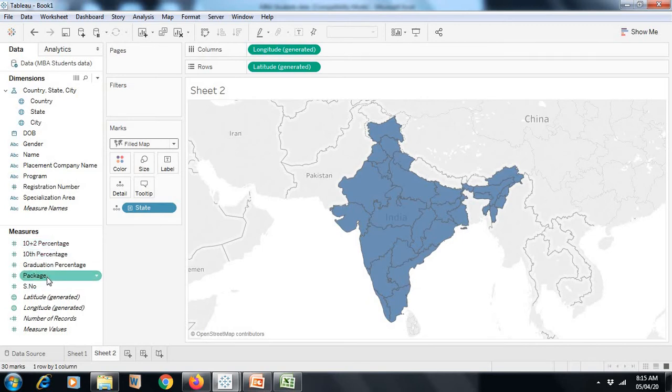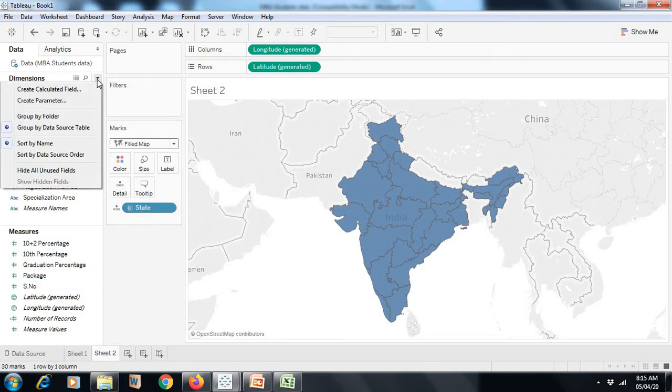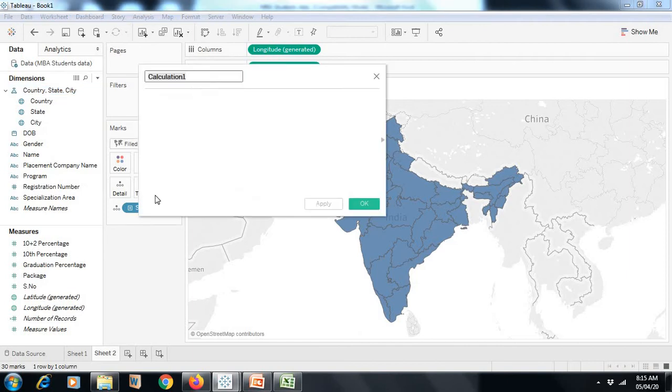I don't have a placement percentage. I said I want to show the placement percentage in my data. For this I need to create a calculated field. I call it placement percentage.